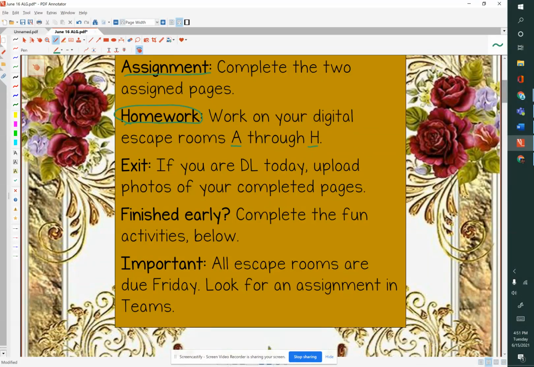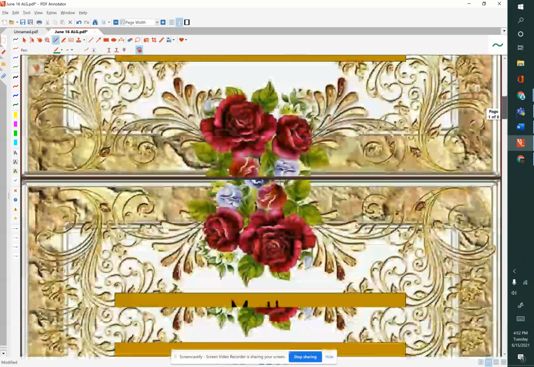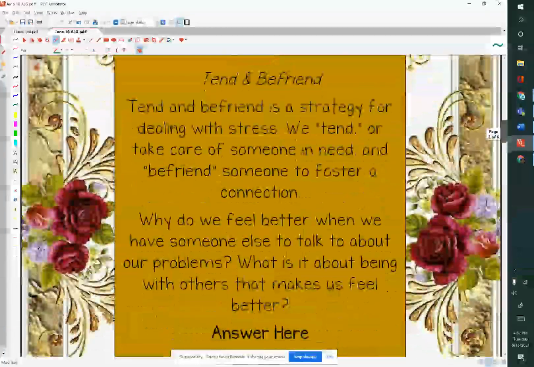If you are a distance learner today, you'll need to upload copies of your pages. And if you are in class, I'll need to see those completed pages. And there's some work there if you are finished. Remember, all the escape rooms are due Friday. Look for a summary document in Teams for you to put everything into. So I'm going to leave you to the